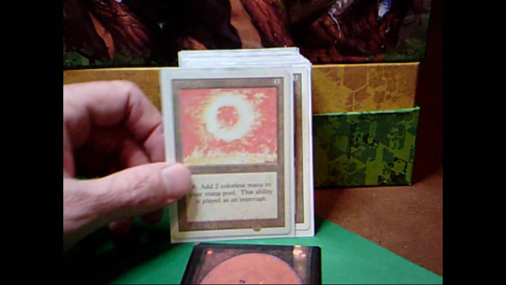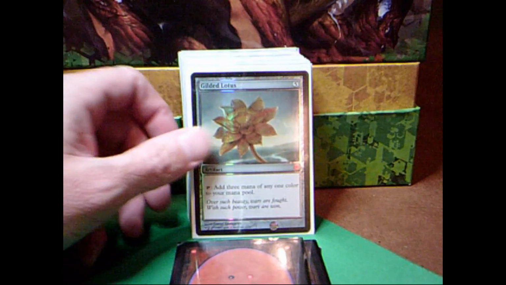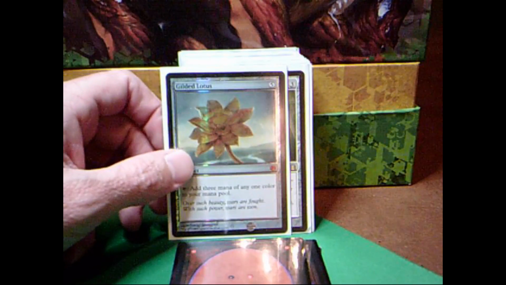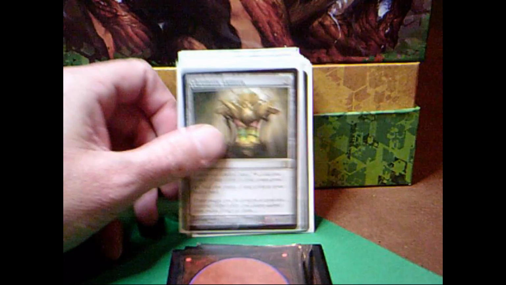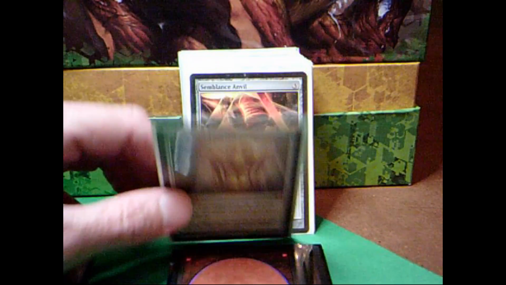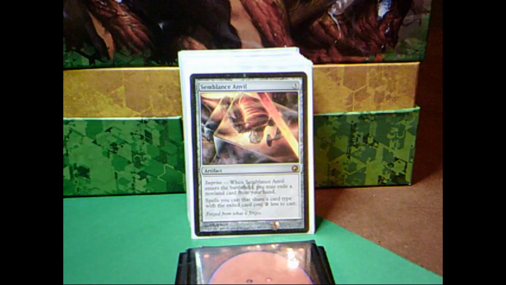A few mana rocks, Soul Ring, Basalt Monolith, Gilded Lotus, which helps with the fixing as well. In a 3-color deck, I'll take all the help I can get. Same with Chromatic Lantern. And then I run a few different things to help me reduce the cost of the